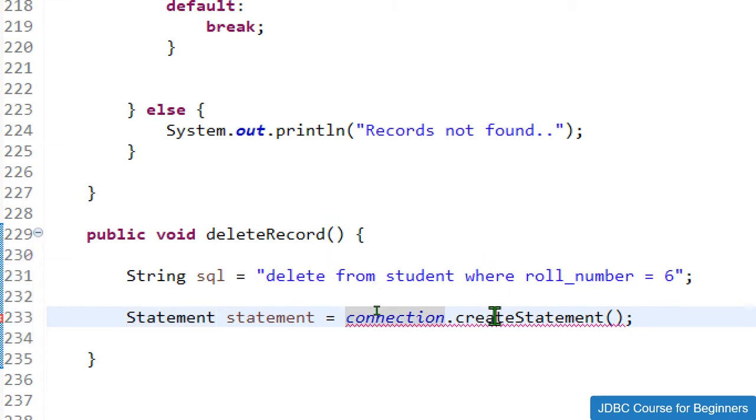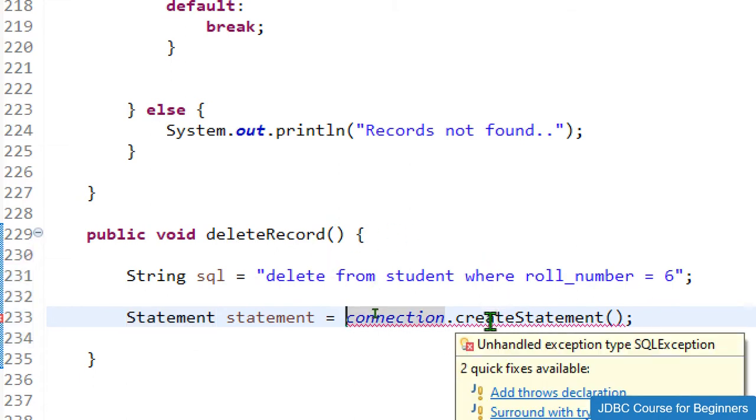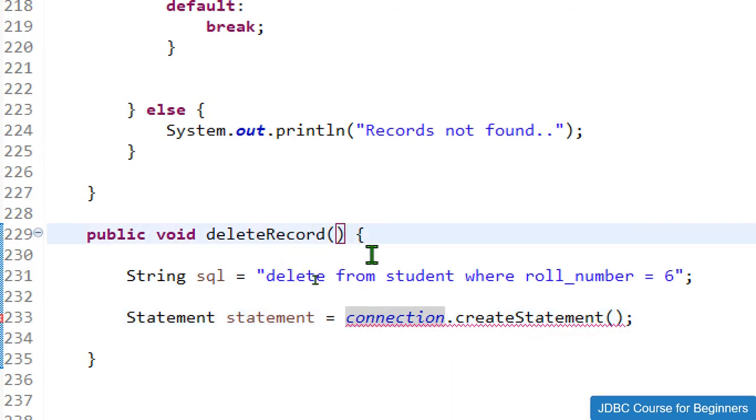Now this connection.create statement method will throw one exception. So I just need to add this to the method signature, because I have handled this exception in my main method. So let me show you, but as of now let me add throws SQL exception like this.